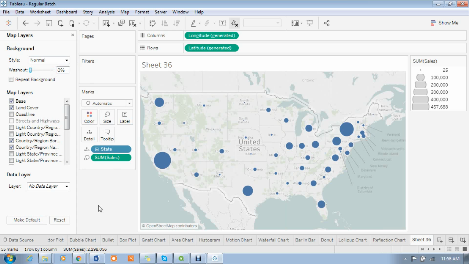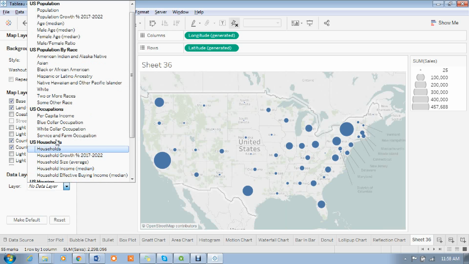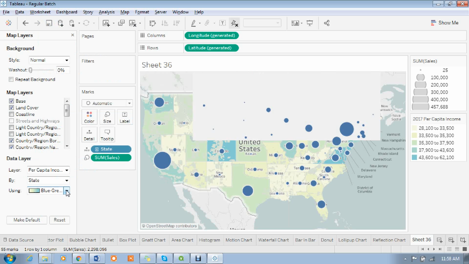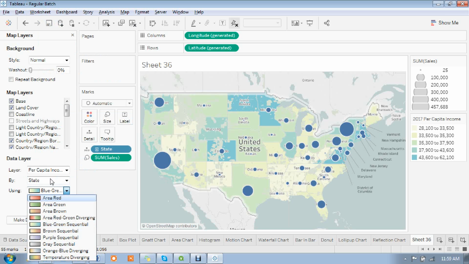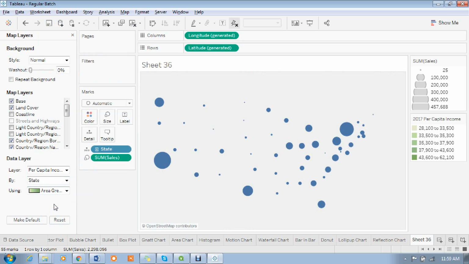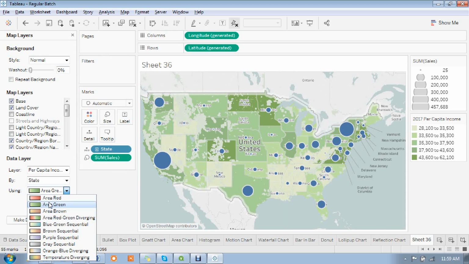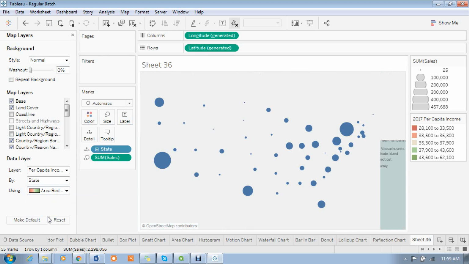Okay, we can change, and you can add a few of the things here, madam. You can change the colors also, per state, by state, we can say. See, you can simply change the colors also. Okay, I want red or something like this.